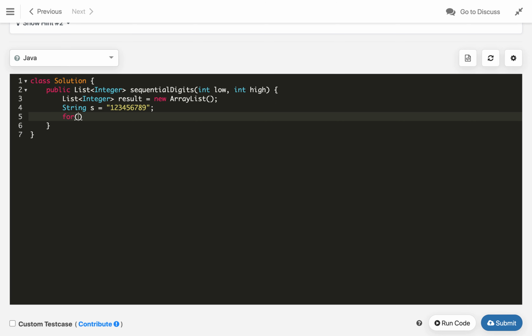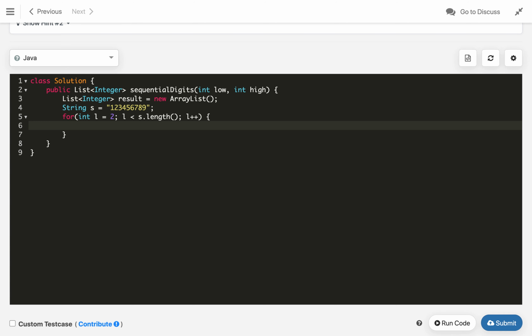Then we run a loop for length, let's say L is the length from 2 to L less than s dot length, and then L plus plus. Now we will run another loop, int j equals 0 and j less than s dot length minus L, and j plus plus.